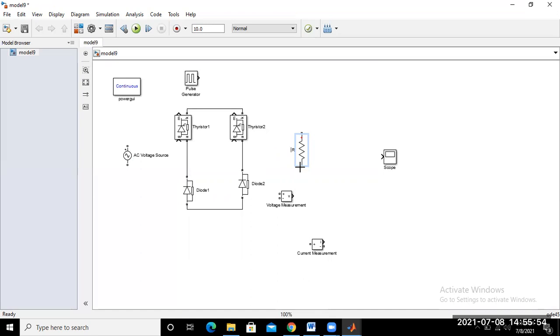So this one is your pure resistive load. Maybe write here, resistive load. Now you may connect here, resistive load.